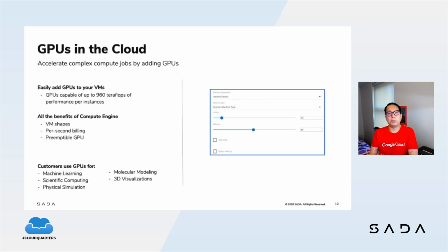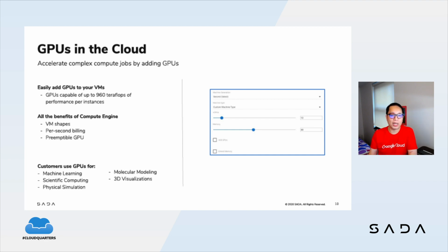Another one is about GPU. You can attach any type of GPU when that region is available. So you can provision a custom VM with different kinds of GPU attached onto your VM, and the pricing is based on per second billing. We also provide preemptible GPU too. All this kind of virtual machine with GPU is good for machine learning, scientific calculation, physical simulation, or other